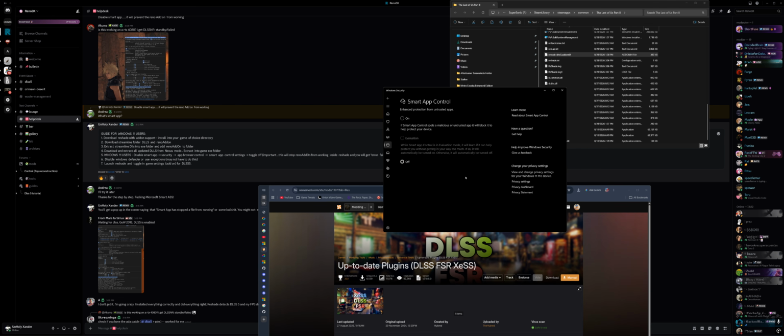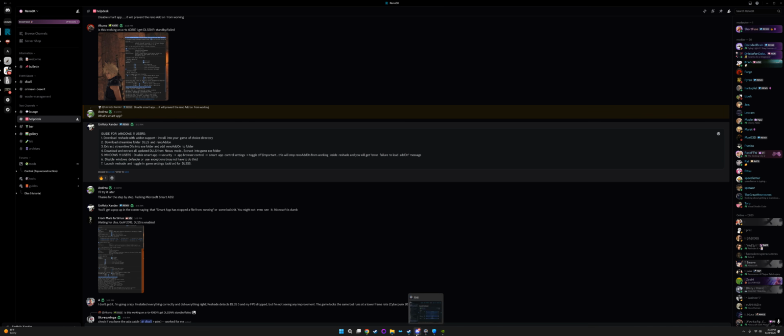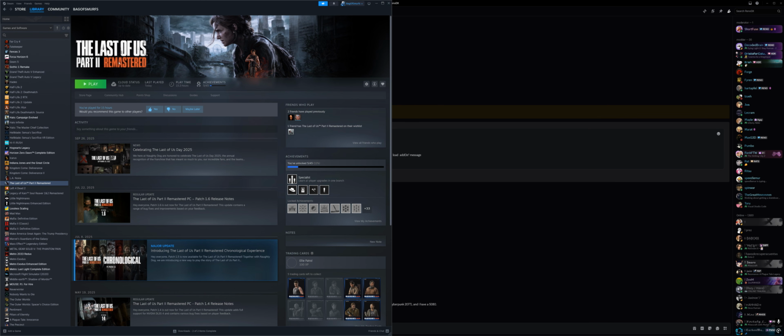If it's on, when you launch ReShade, you'll get a pop-up message somewhere down below that'll say, "Hey, look, this file was blocked from running." You don't want that. All right. So disable that. You might also have to disable Windows Defender altogether. Now, once that's done, you go to your game, hit launch,